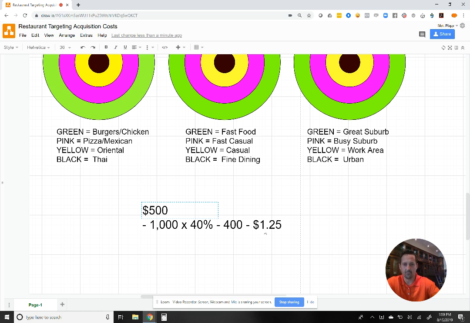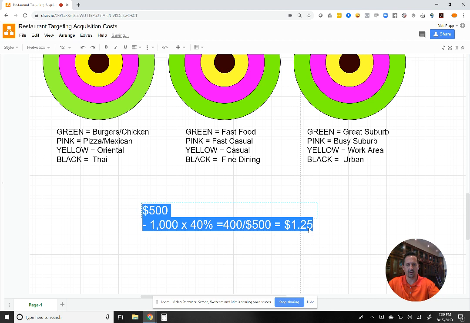Okay, so that is equals, and then 400 divided by 500, $1.25. Is that right? Yeah, okay, something like that. You get the point. Now, if I take that equation and go to, let's say it's the same type of